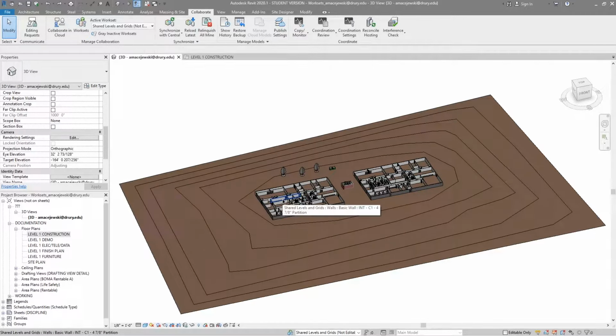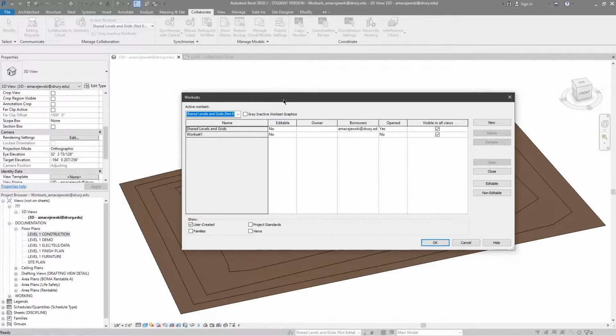enabled and central model. Also, if you're in a local file and not in a central model, the worksets option will not even be active. You won't have the option to use worksets. So worksets is something that is a core part of a collaborative model, which is what I'm working in right now. So first thing with worksets, if I click worksets, is I've got by default shared levels and grids in